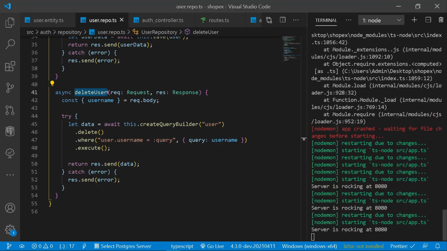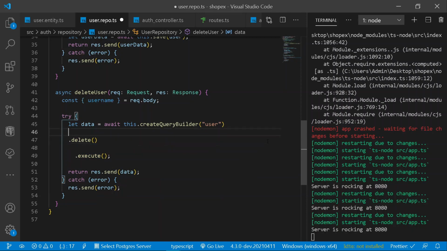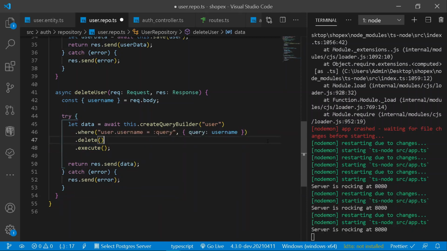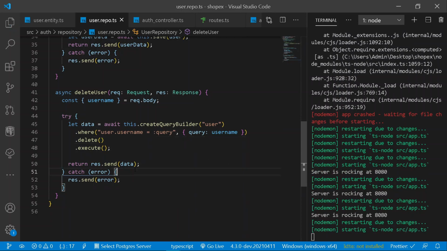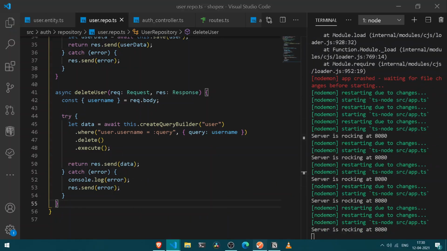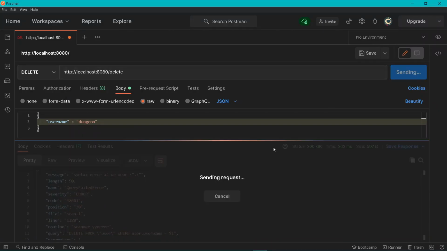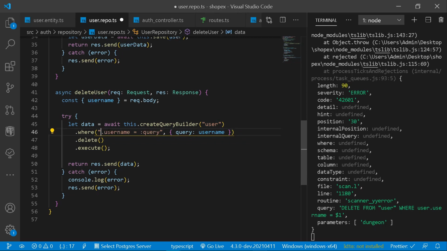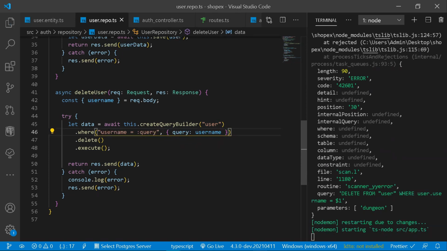Let's check out what is happening. Alright, we need to copy the following clause from here and paste it upside. That is one more step up. Let's try it out. You can also do one thing, console log the entire error. So let's add console log entire error. Let's try sending it out. Cool. So now we need to only provide here a username. Let's try sending it out.